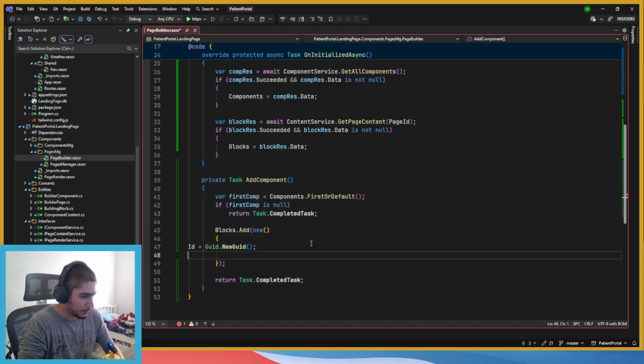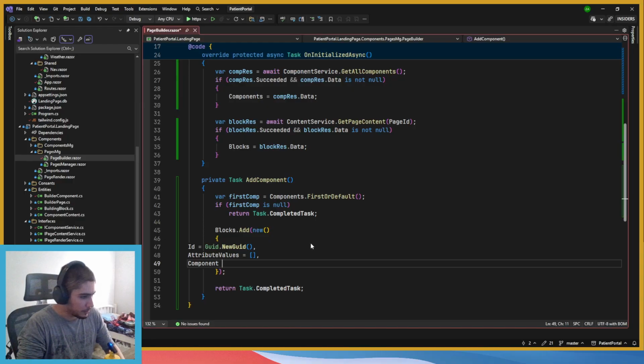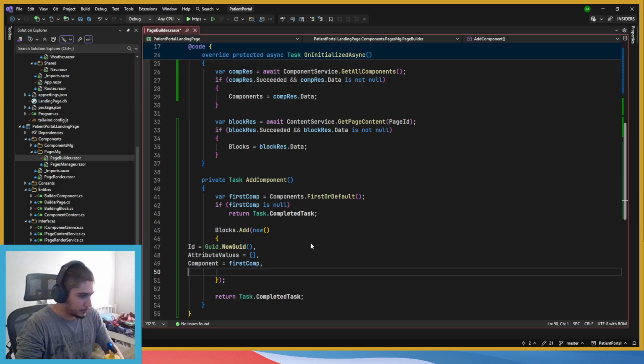Okay. New grid. Attribute values, keep it empty. Components, yeah, components, we go first comp. Order. Okay, it's the first one, so I'm going to give it 0.